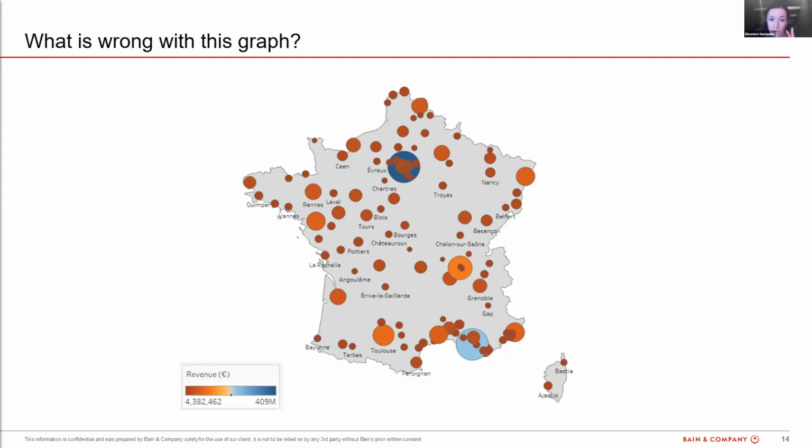So it seems like everything below 206 million is orange and everything above is blue. And the chart seems to suggest that all orange spots are underperforming and the 2 blue ones are performing